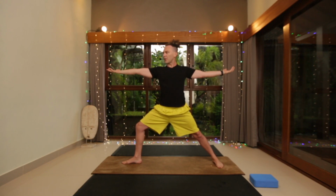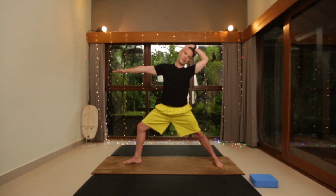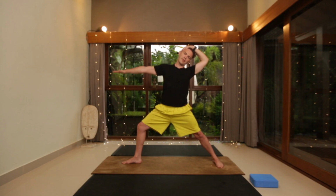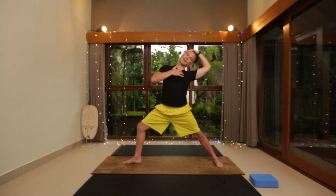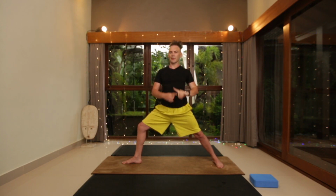So again, let's flip those palms, feel the shoulders open, and then turn the hands back up. And then we'll take that neck release pose. So the left hand comes over the head, and we gently lift the head up and over, left ear towards left shoulder. And you might try lowering the hand a little, or bringing the right fingertips to the side of the neck, and see if we can find any massage release, tender spots here. Then left hand to the left side of the head, guide the head back on top of the spine,